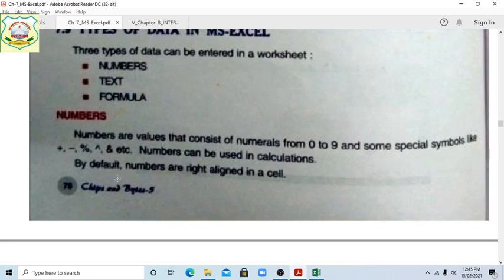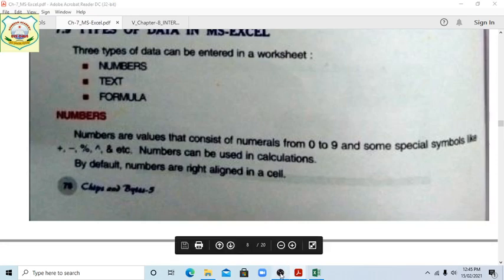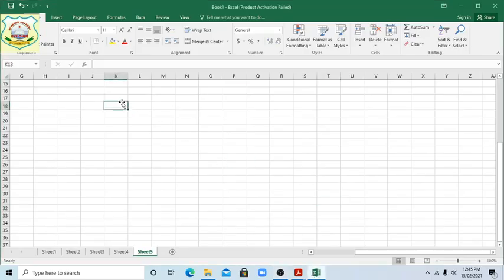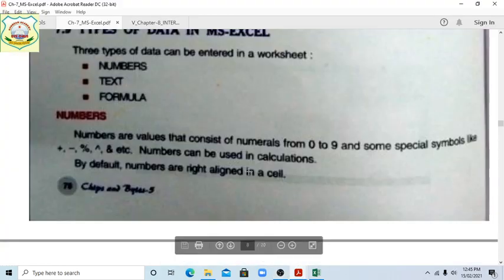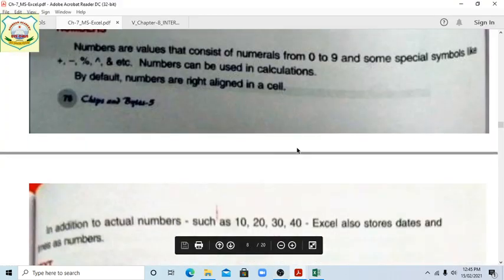By default, all numbers are right aligned. See students, suppose you want to write a number. Here we have written it on the left, but it is showing on the right-hand side. So numbers are right aligned in a cell.